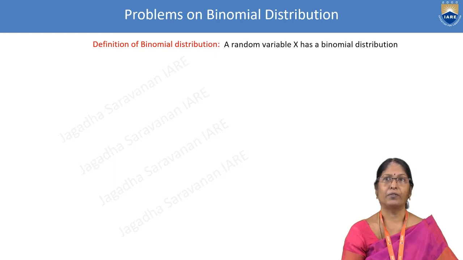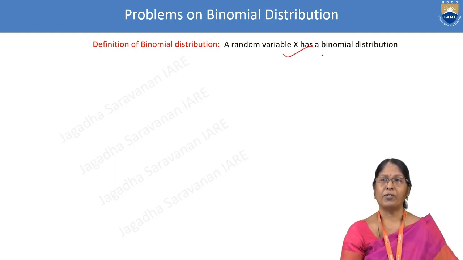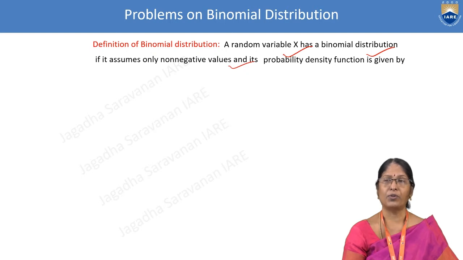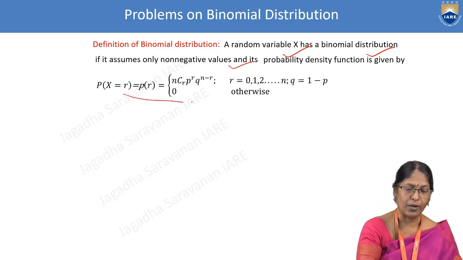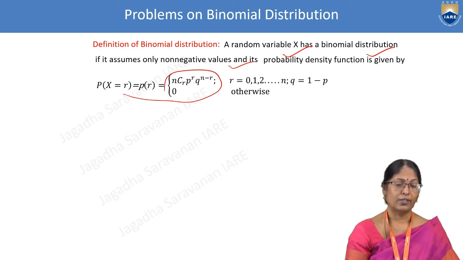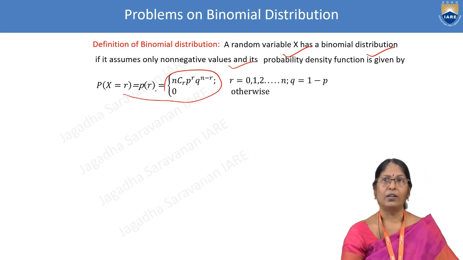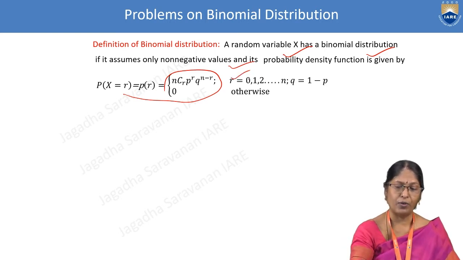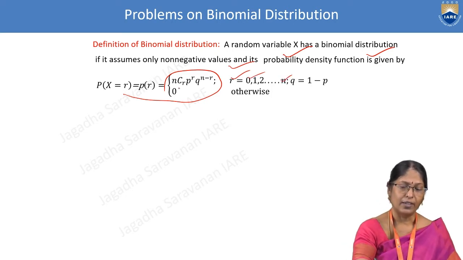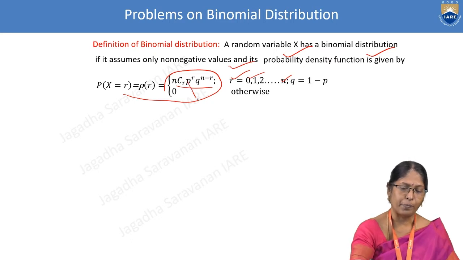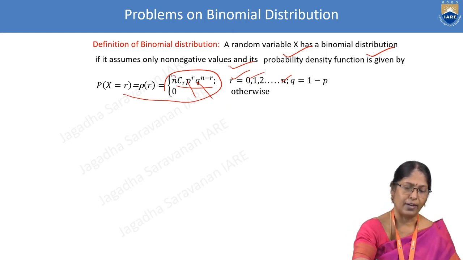Definition of binomial distribution. A random variable, capital X, has a binomial distribution if it assumes only non-negative values and its probability density function is given by this formula. Probability of capital X equal to small r, that is the probability of r, if r is taking the value from 0 to n, is nCr p power r q power n minus r. Here p represents probability of success, q represents probability of failure, and n represents